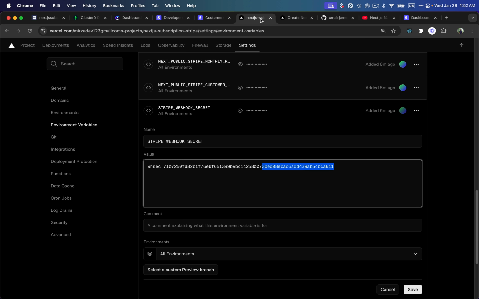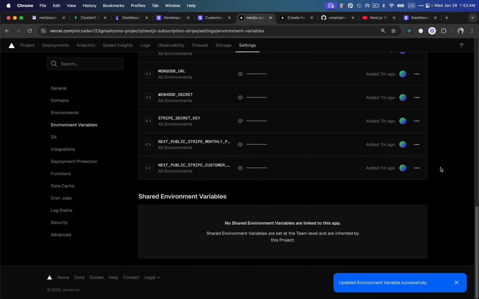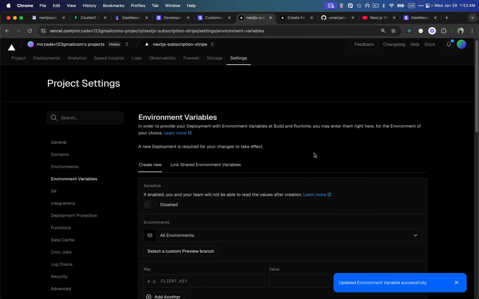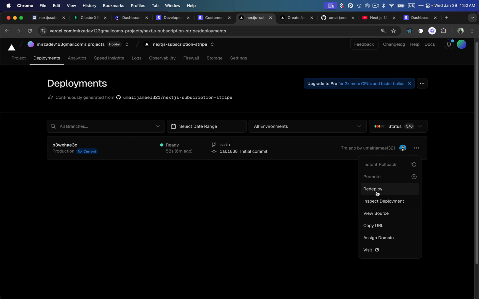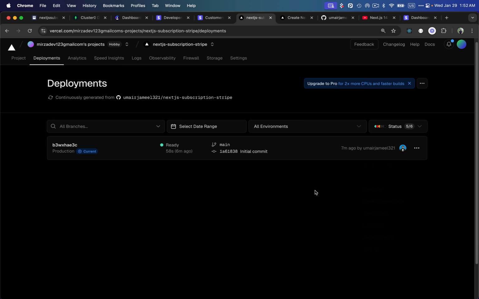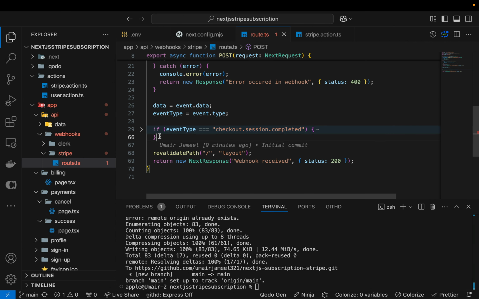Let's go to Vercel and update it over here. So this is the signing secret for that webhook. All right, so this has been updated. Now let's go to the deployment. In fact, rather than redeploying it, let me quickly add that